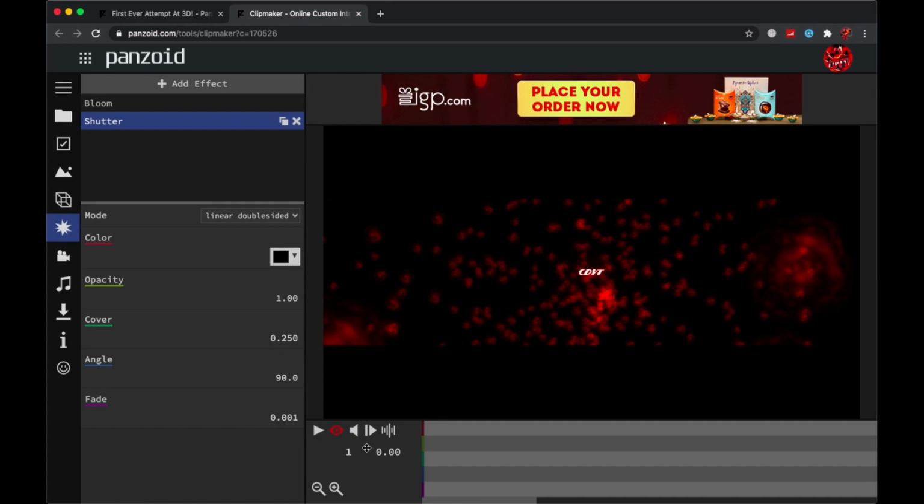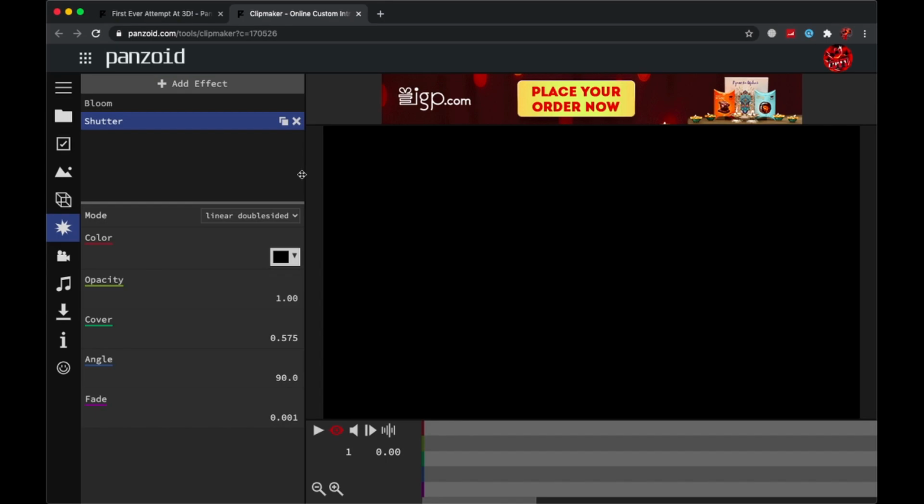Then I'm gonna get it to 0 frames, I mean first frame, and I'm gonna change the cover to be 0.5. So if the cover is at 0.5, it's completely covered.